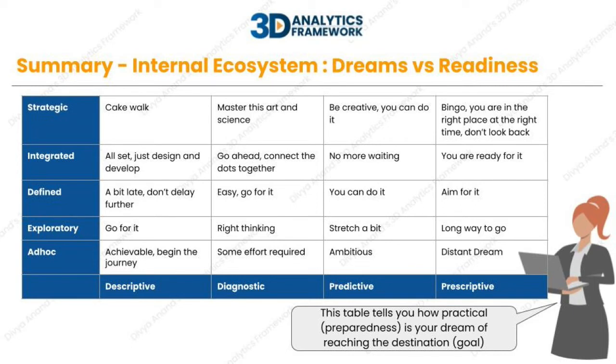This concludes our first dimension of internal ecosystem, where we understand who we are and what we want clearly. Through this journey, we are trying to develop an analytics mindset which prepares us to make progress gradually. Now, let us move to the second dimension of the framework where we talk about doing analytics. This requires some skills and competencies, and one should be aware of what methods and techniques they have to use in order to achieve their objective.